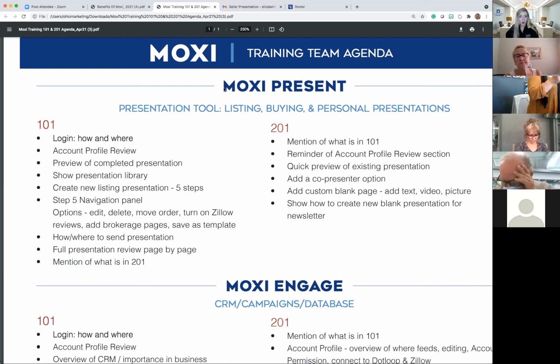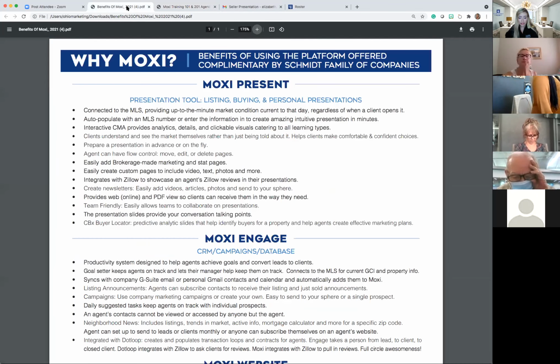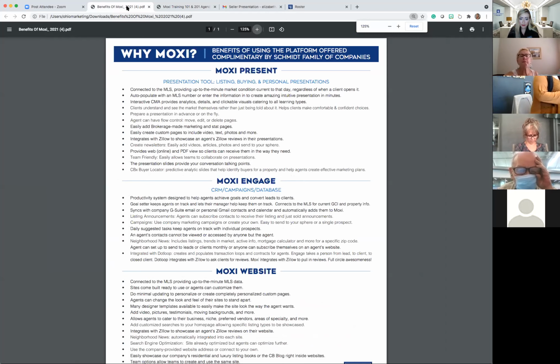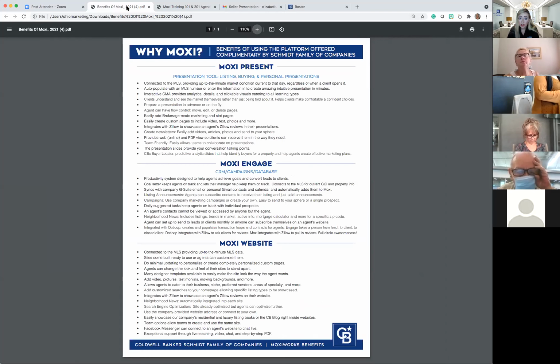For now, we're going to jump right into Present. But before I do, I want to show you this one document you can easily access directly from Instrument Resources. As you can see here, I just typed up the benefits from each suite platform. If you want an overview of Moxi Present versus Engage, which is your CRM, versus Moxi website,